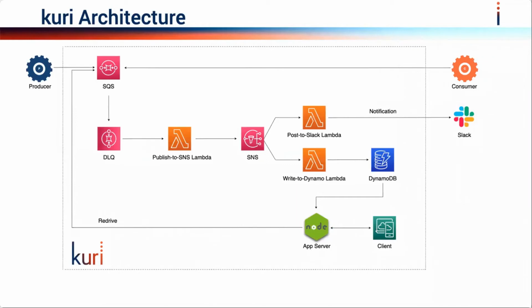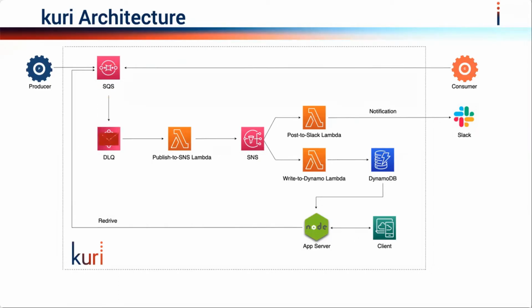This brings us to the end of our high-level components, and here's a diagram of the Kuri architecture with all the resources we've gone through. To recap, a message would originate from the producer in the top left corner. It would then go to the SQS queue. The message could either be successfully consumed by the consumer service, or the message could fail and be sent